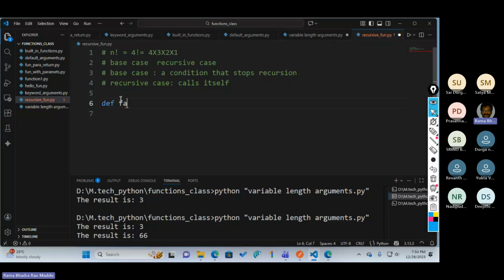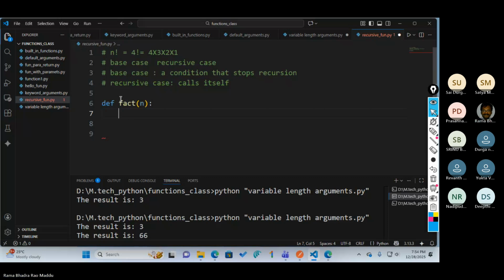Def factorial, so factorial of n. So first I need to write the base case, when it needs to stop.